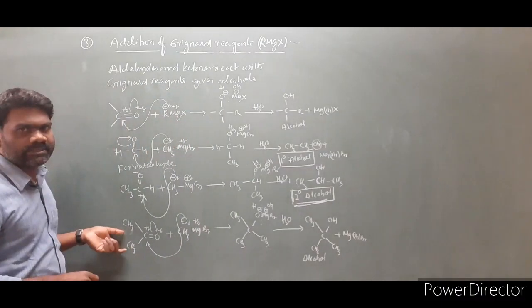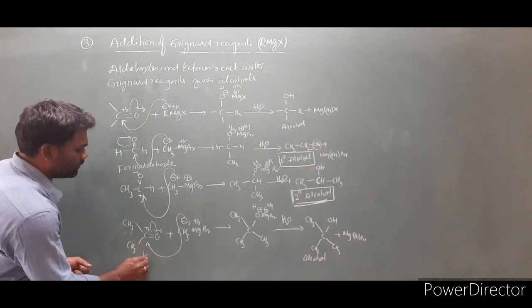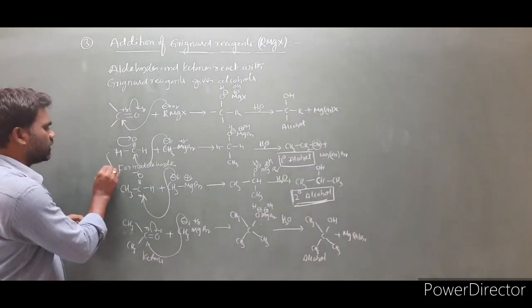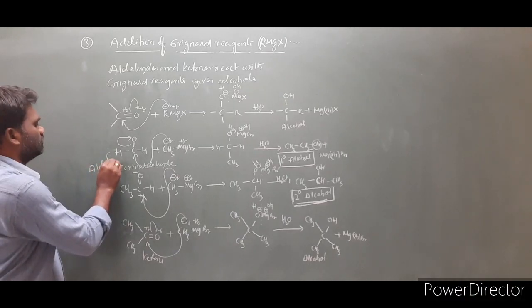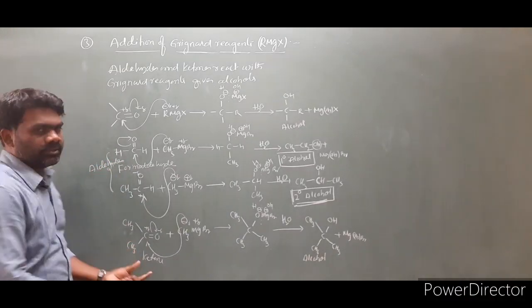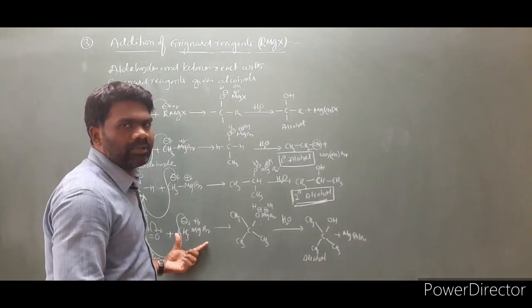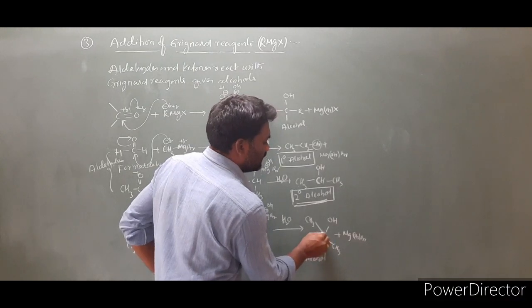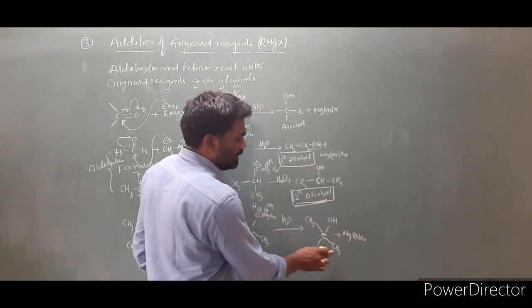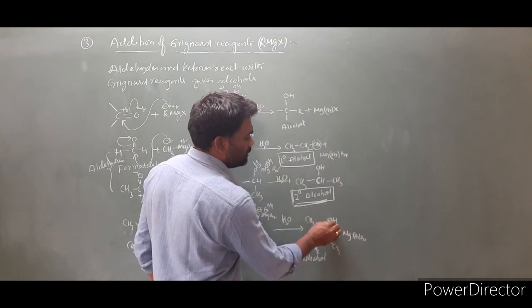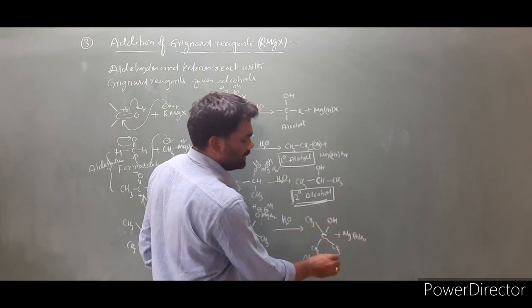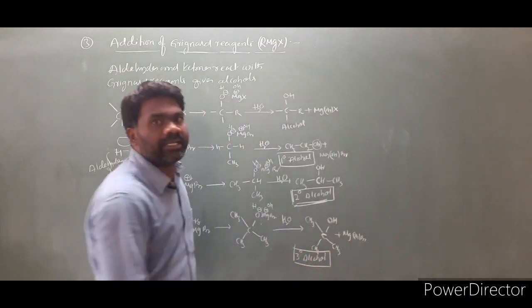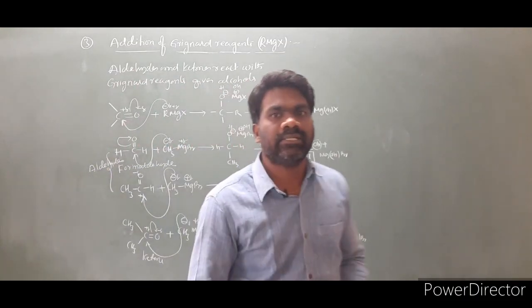Now coming to the third case. This is what? Ketone. This is what? Formaldehyde. This is also an aldehyde. Both these two are aldehydes. This one is a ketone. A ketone reacts with RMgX, alkyl magnesium halide, the Grignard reagent. The product is what? This carbon is attached to three different carbons, 1, 2, 3, and this OH-attached carbon is called a tertiary carbon. This alcohol is called a tertiary alcohol.